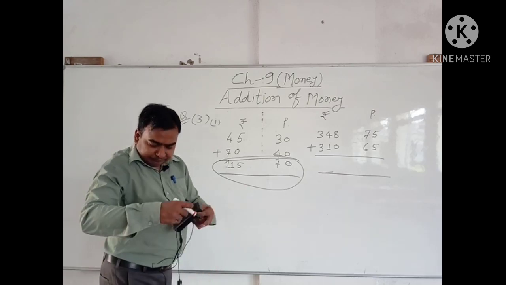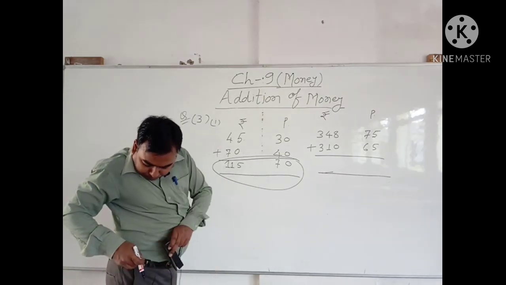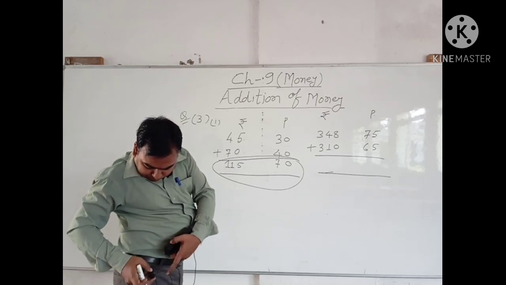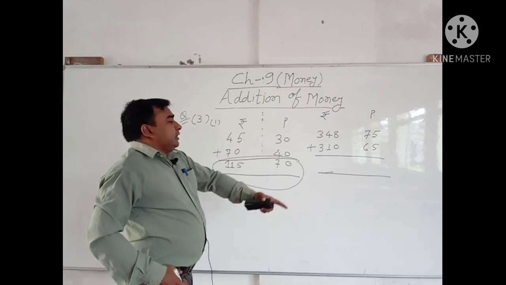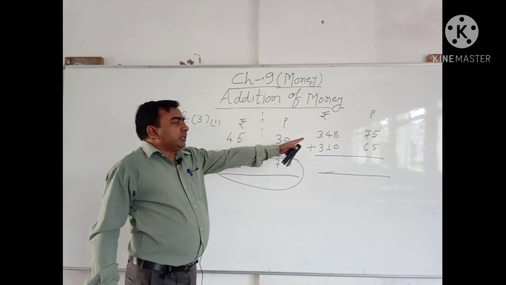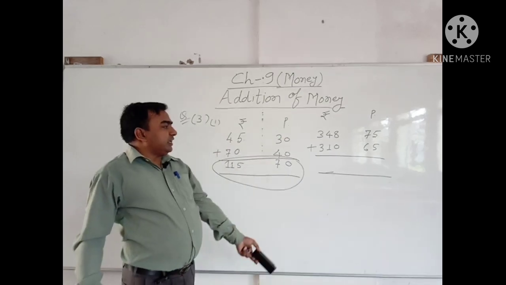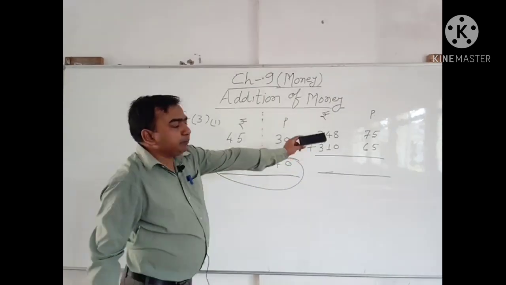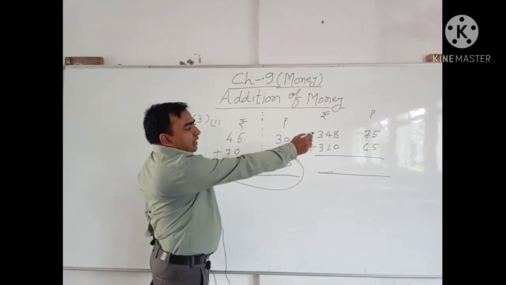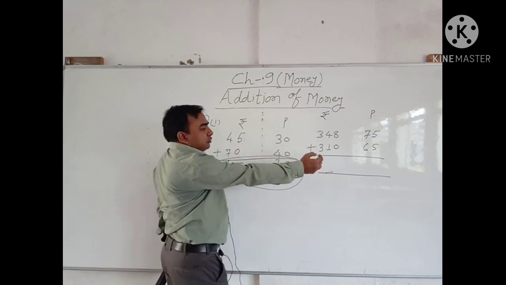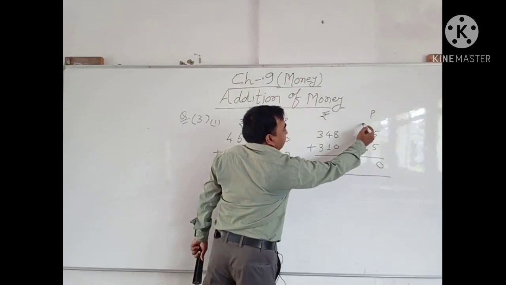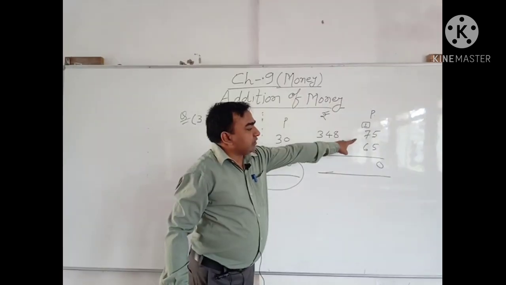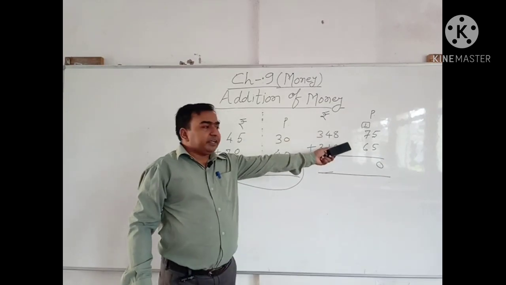Now come to the second question. Second question is 348 rupees 75 paise and 310 rupees 65 paise. First we will add paise. 5 plus 5 equal to what? 5 plus 5 equal to 0. Carry 1. 1 plus 7 is 8. 8 plus 6